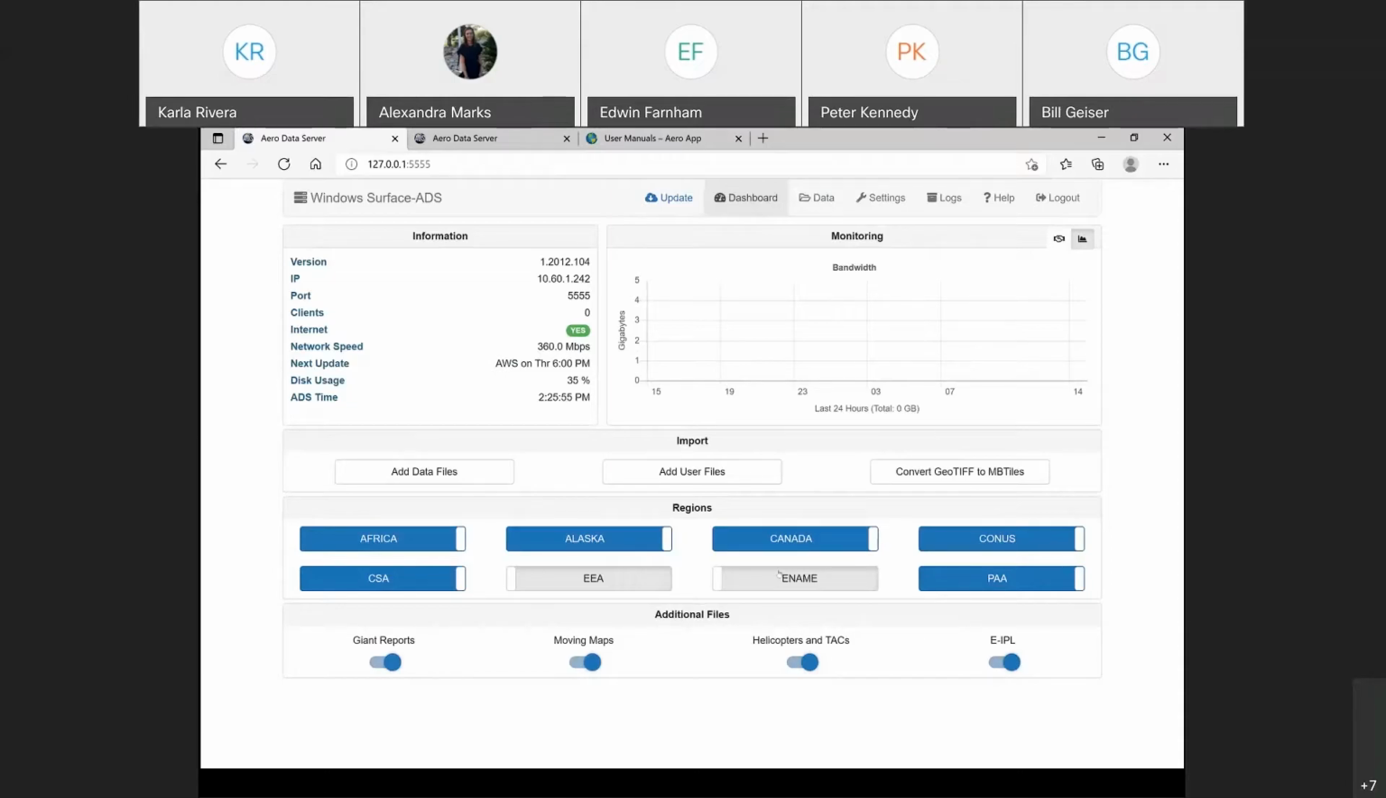And I think this is a great new feature. You can basically take any GeoTIFF, drop it in there, and within a couple of minutes you can download it and drop it right onto your moving map in Aero app. So it adds a lot of capability, makes things easier, and we'd love to see